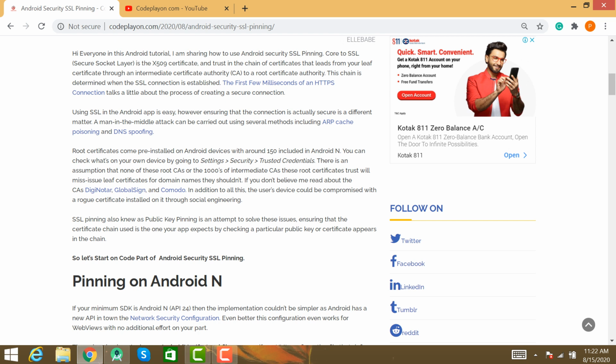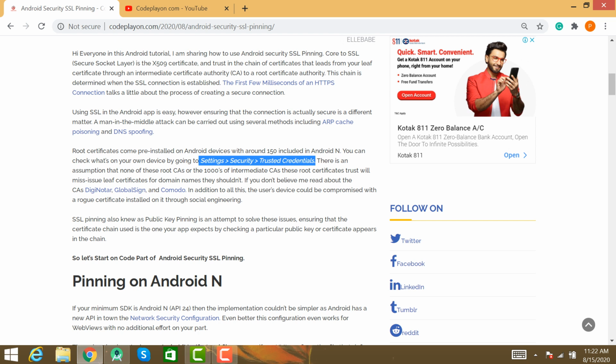Root certification: how to find root certification in your mobile application. It comes pre-installed on Android devices, around 152 including in Android N. You can check on your own device by going to settings, security and trusted credentials.